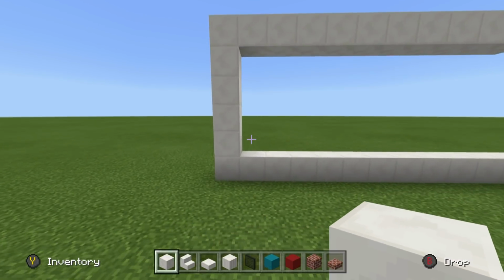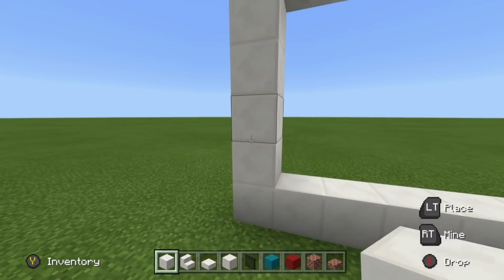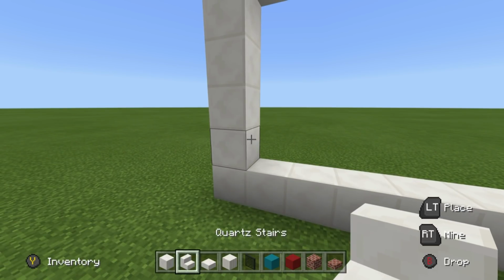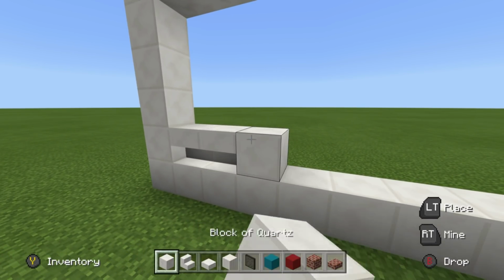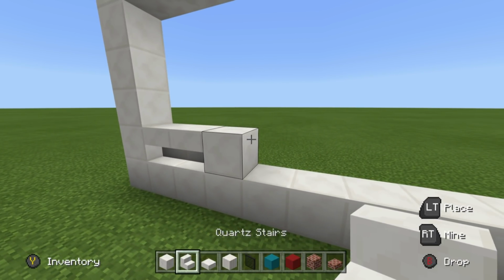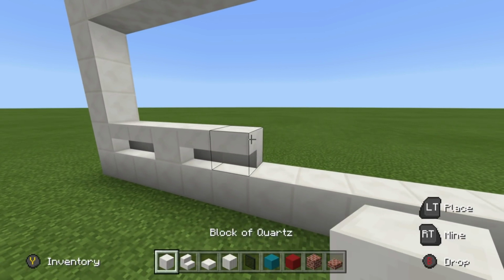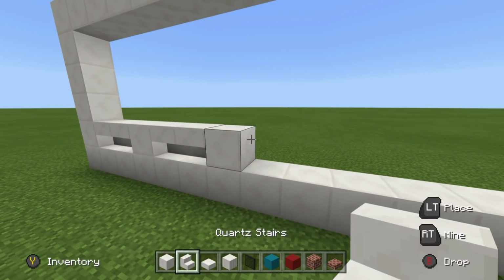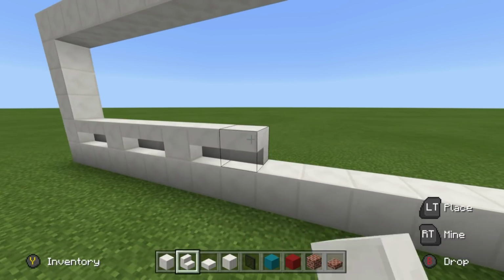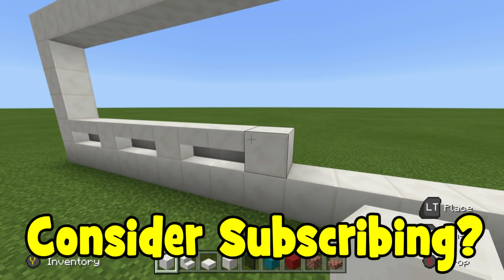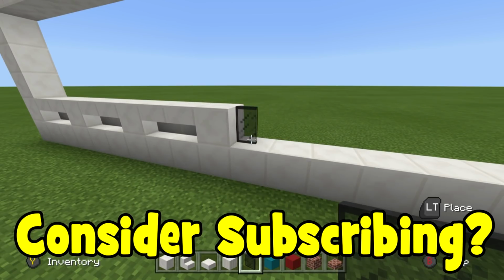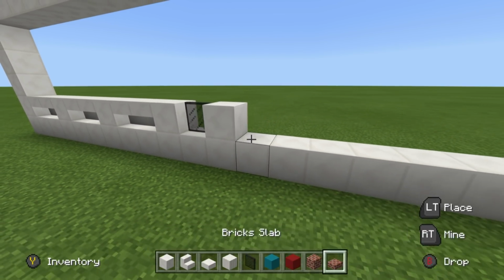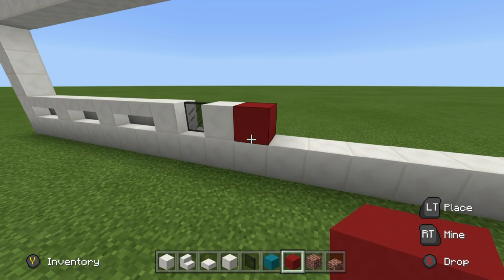Then, beginning from the left side, on top of the row that you just made, we're going to place a sequence of blocks, beginning with 2 upside-down quartz stairs. 1, 2. Then a block of quartz. 2 more upside down stairs, 1, 2, a block of quartz, 2 more upside down stairs, that'll be 1, 2, block of quartz. Then we're going to place a black stained glass pane, block of quartz, red concrete, leave a